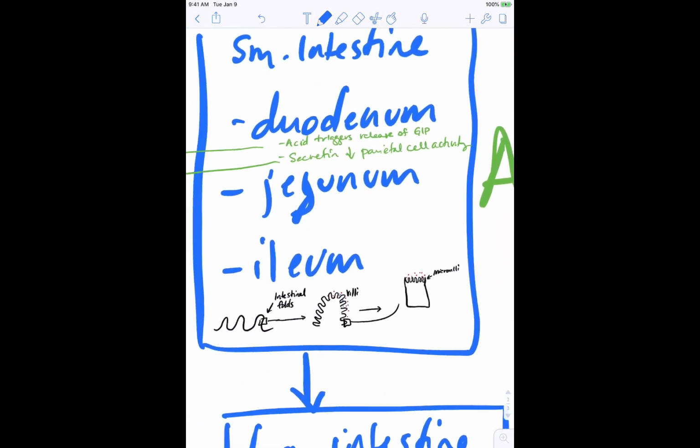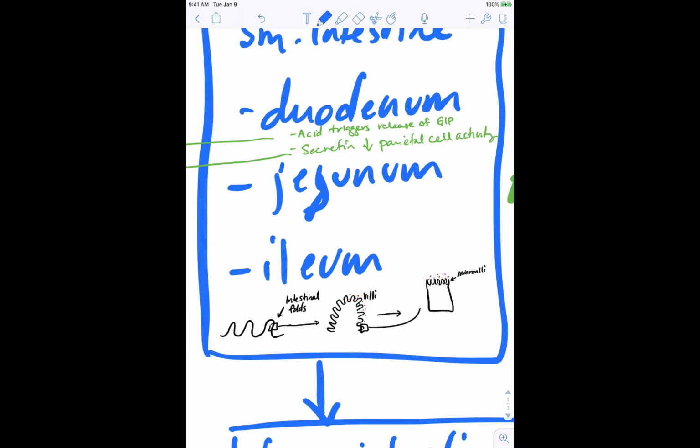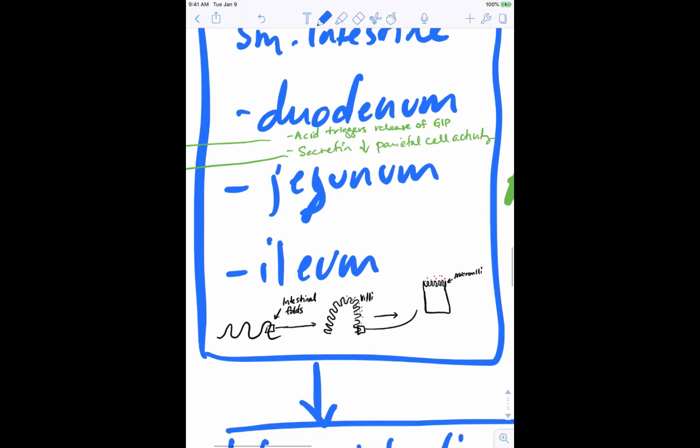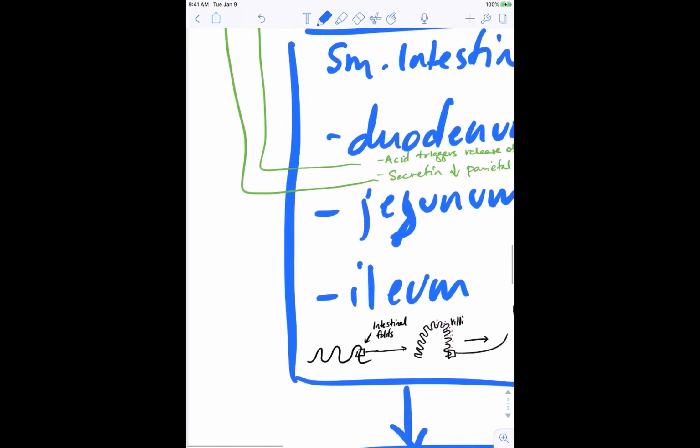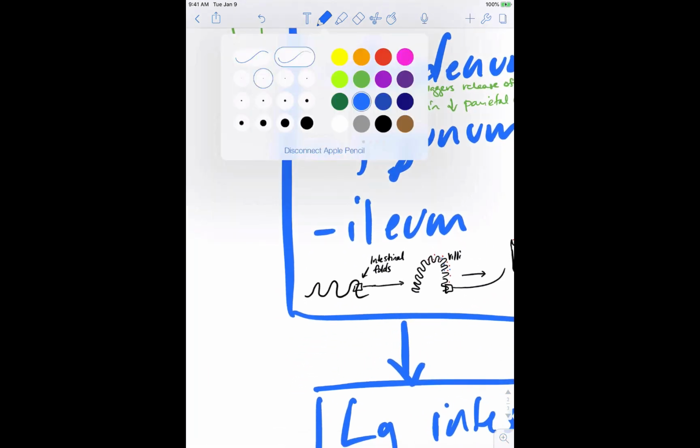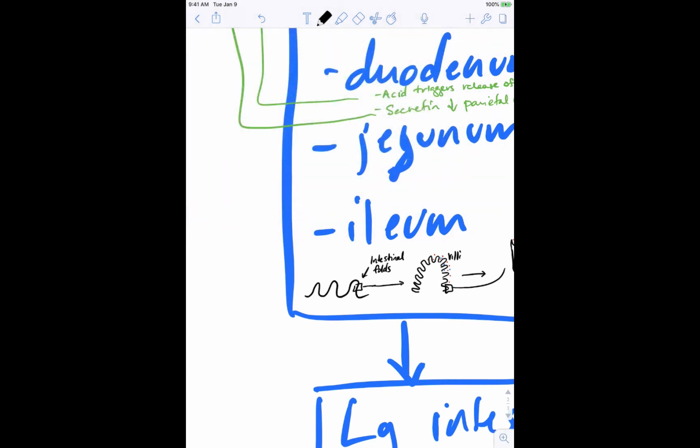Now, in the small intestine, there's going to be some enzyme, but what you'll notice is that I haven't really listed a lot of enzyme creation that's happening in the small intestine. Most of that's coming from accessory organs. And the accessory organs we haven't even listed yet. These are the pancreas, the gallbladder,